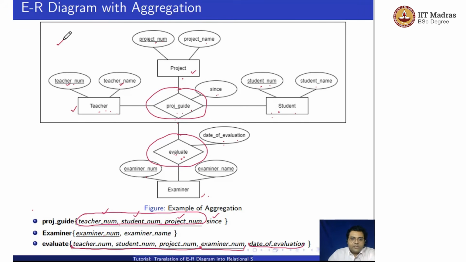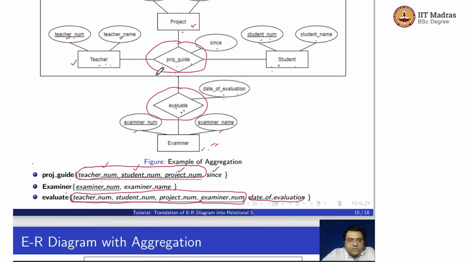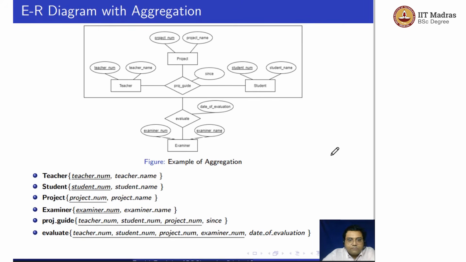Now what is the primary key? The primary key of project guide along with the primary key of the examiner creates the composite key. So this combination is basically your primary key, right? So this is how we'll have our evaluate. Now for examiner, again it's a straightforward way. We'll have the examiner number and examiner name. So in the next slide, we'll see